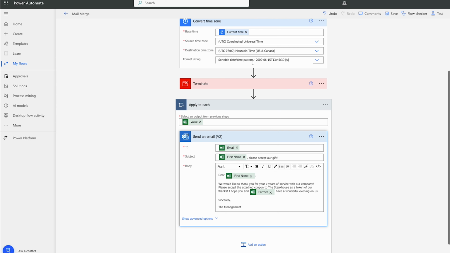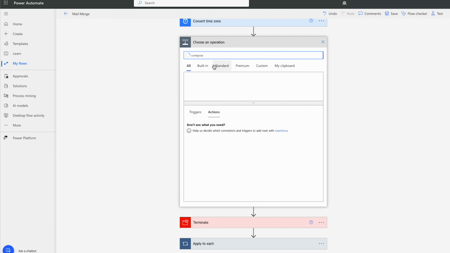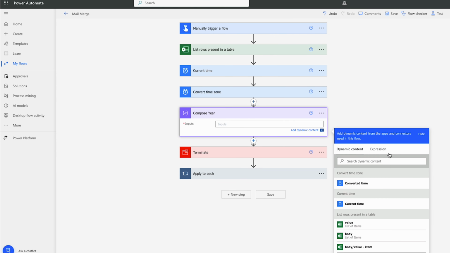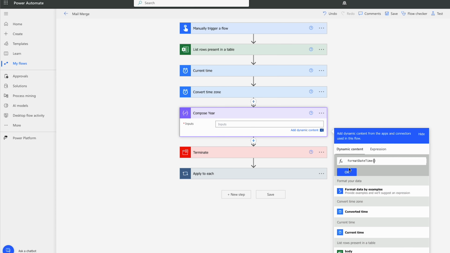I ultimately just want to get the year out of this date. So I'm going to do a compose action under add an action. I'll type compose. I do like to keep them organized, so I'm going to call this compose year. And what we'll do in the inputs is we're going to go to the expression, and we're going to go format date time, and we're going to pull back the time from converted time,